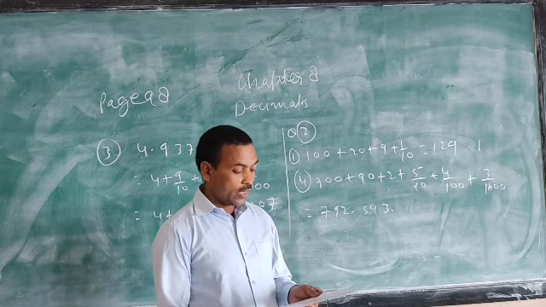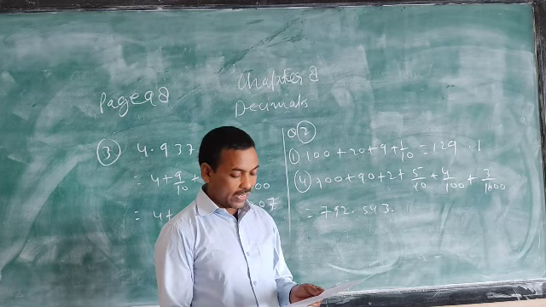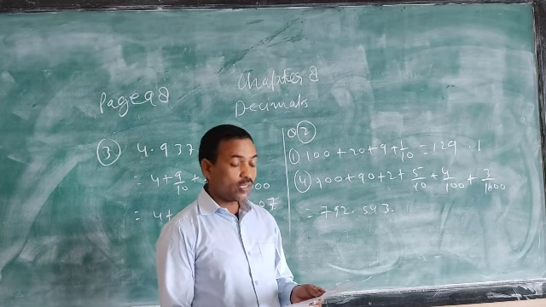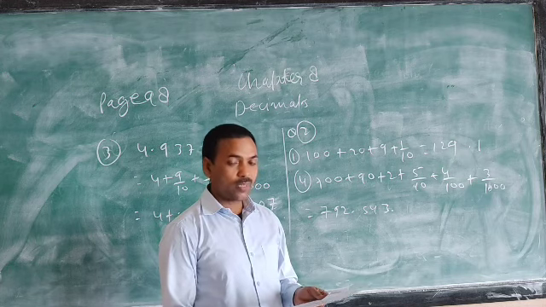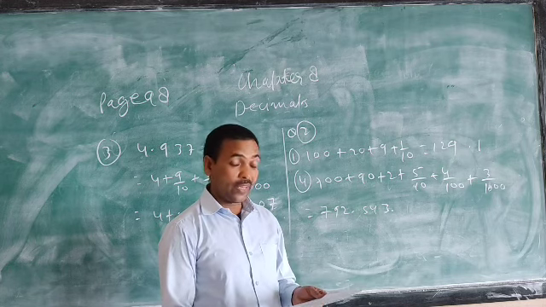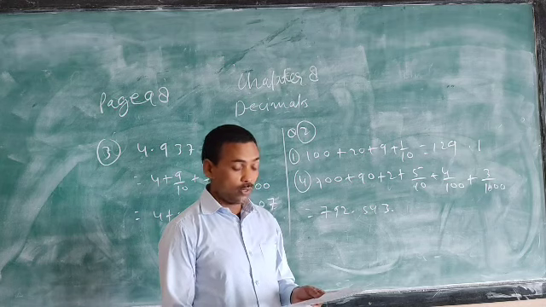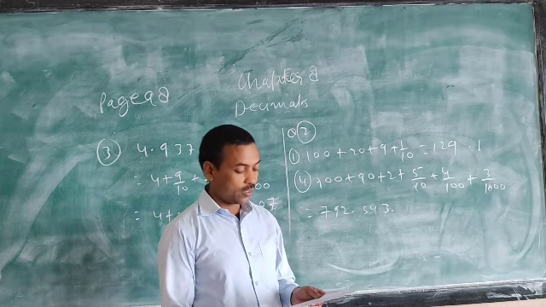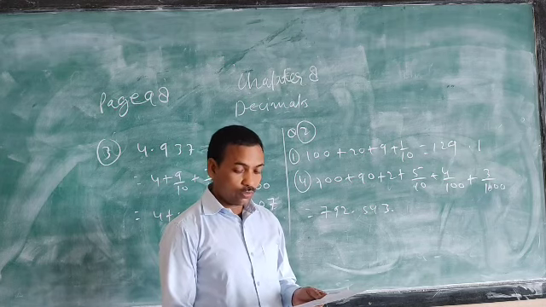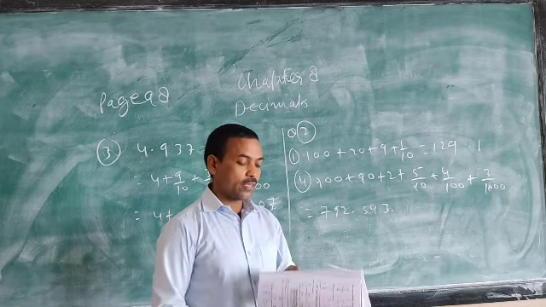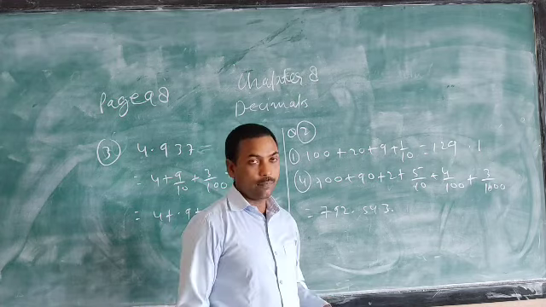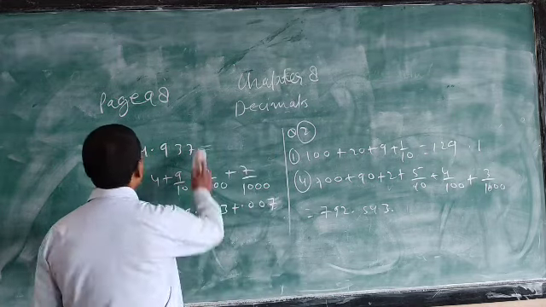Now next one, here it asks to express the following decimal notation as ordinary fractions. That is, how a decimal number can be converted into a fraction. Very important, this. This is new for you and this will be very useful for next classes. So this question should be done carefully: how to express a decimal number in fractional form or as an ordinary fraction. So now come on.